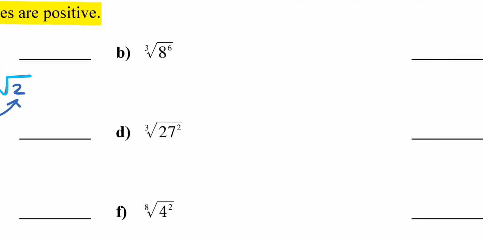All right, for letter B here, I know the index here is now 3, so how do I write this as a power? Well, we take the inside, which is 8 to the power 6, and we raise it to the power of 1 over the index number, which is 1 over 3. Now from there, I would recommend students multiply the powers here. So this is going to be 8 to the power of 6 divided by 3. So 6 times 1/3 is 6 divided by 3. And to further simplify this,